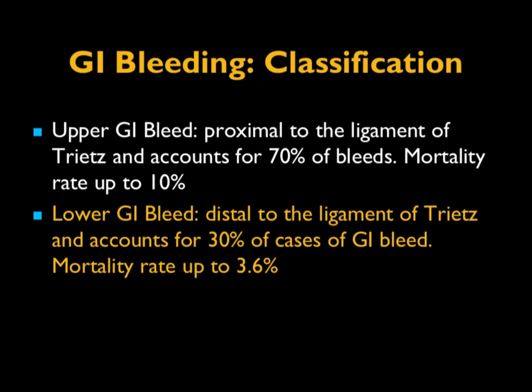So we talk about GI bleeding. We talk about upper and lower GI bleeding. Upper GI bleeding is proximal to the ligament of Treitz. It's about 70% of bleeds with a mortality rate of up to 10%. So you think about things like gastric ulcers, duodenal ulcers, tumors, obviously. Lower GI bleeding is everything distal to the ligament of Treitz, about 30% of cases, mortality up to 3.6%. So anywhere between small bowel tumors and small bowel bleeds, angiodysplasias, and colonic processes, from diverticulitis to tumors to angiodysplasia